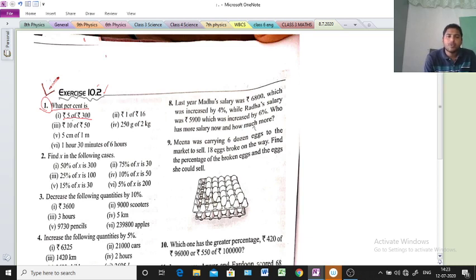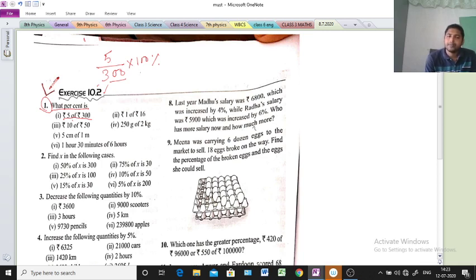Just see, rupees 5 we will write, and in the denominator we will write what? 300. Clear? Means out of 300, 5 rupees, we find out what percentage. So that's why we multiply by 100. This one understood? Try to understand. Directly we are doing. Total 300, so that one we will write in the denominator, and 5 rupees will be in the numerator, and since we are converting into percentage, that's why we will multiply by 100.